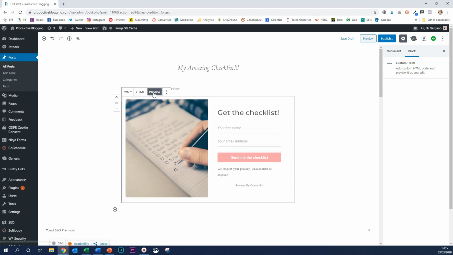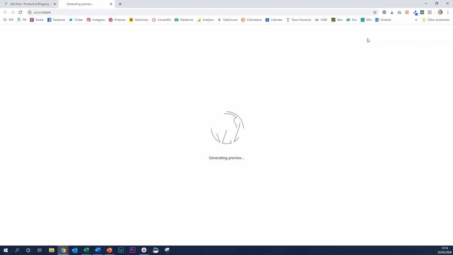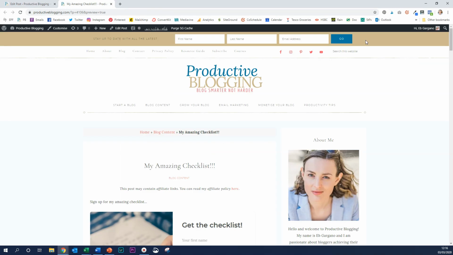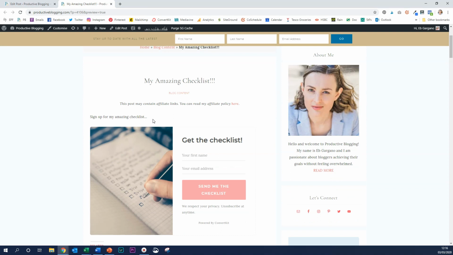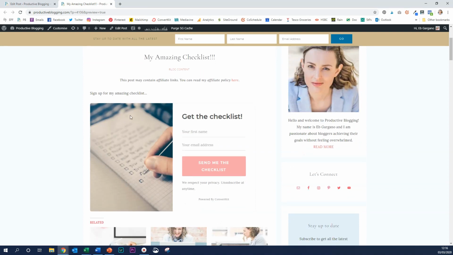And then you can click preview and you can automatically get a preview of what your sign up form is going to look like. And then you can also obviously preview up here to see what it's going to look like in the actual blog post. So you can see here my title, that tiny bit of introduction text. Obviously you'd write a lot more of this as a real blog post. And then you can see my lovely ConvertKit form in my blog post with that really nice compelling button,